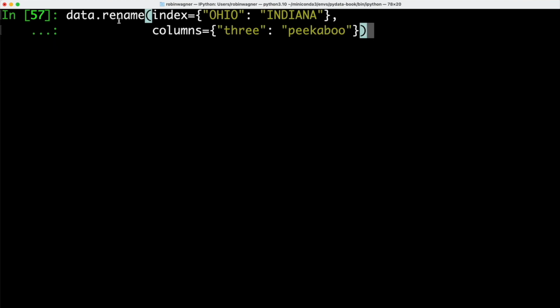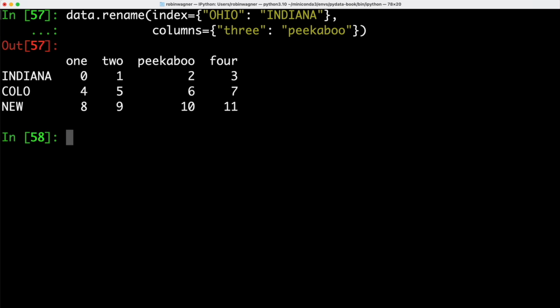We can also use our rename method in order to change the labels themselves. So for instance, here we are changing the index, so the rows, from Ohio to Indiana, and for the columns we're going to rename column 3 to Peekaboo. So let's confirm this, and now we can see that indeed Indiana is now displayed, and we also renamed our